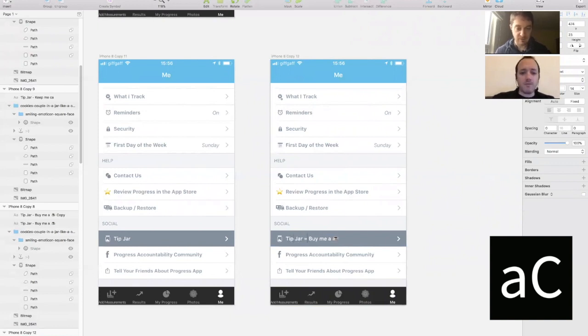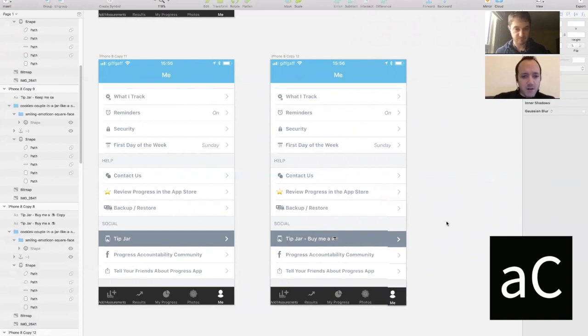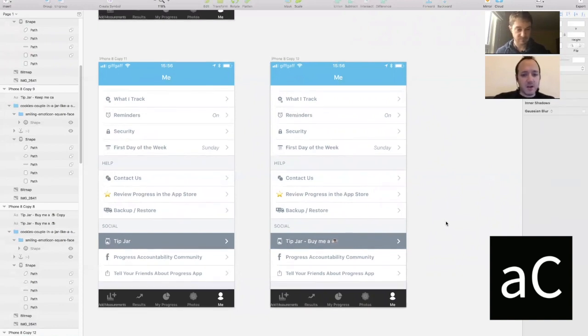Right. Well, one thing I would do is, it's interesting. Typically, I would put help at the very bottom, or I'm thinking like you right now, you have help section, you have your settings, then you have help, then you have social. I wonder if you